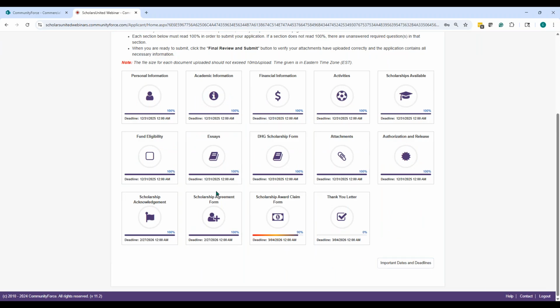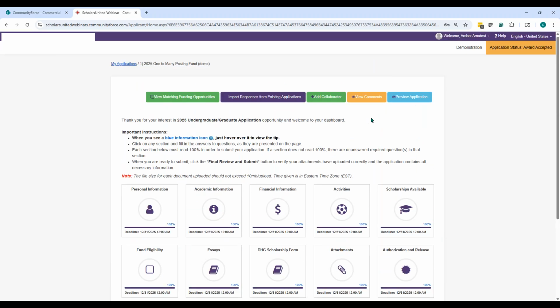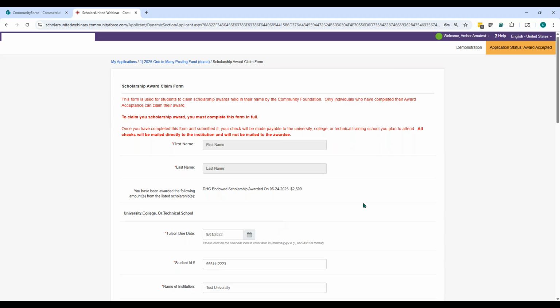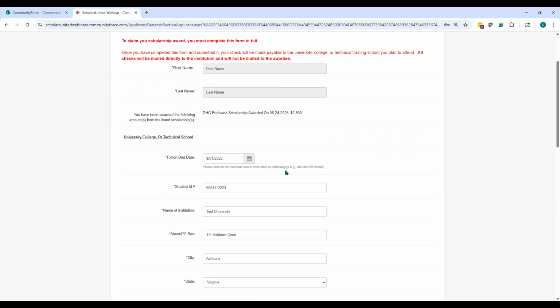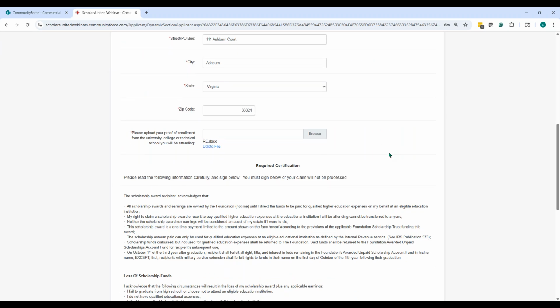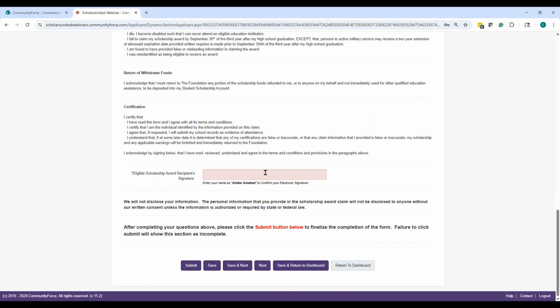Now these won't show me anything. Notice there's no button for her to complete. So that's where the submit button is, I'm going to click on it here. And this is where she can enter all the information she needs to enter, upload any documentation I need from her, and any data I want to provide to her, and then maybe she needs to sign off again. And here, see, there's that submit button. After completing your questions, please click the submit button to finalize the completion.